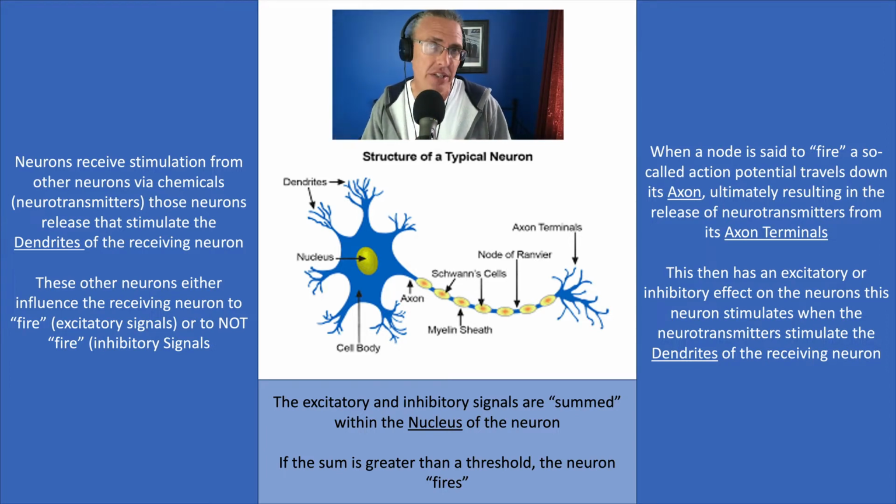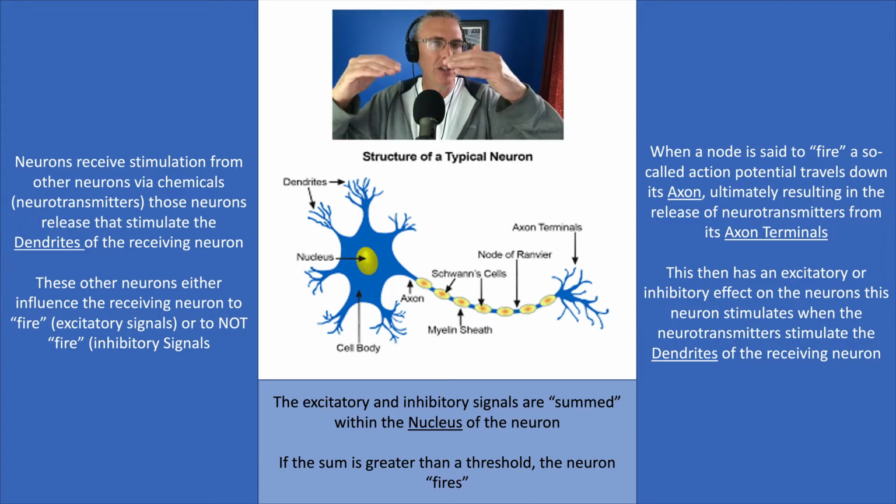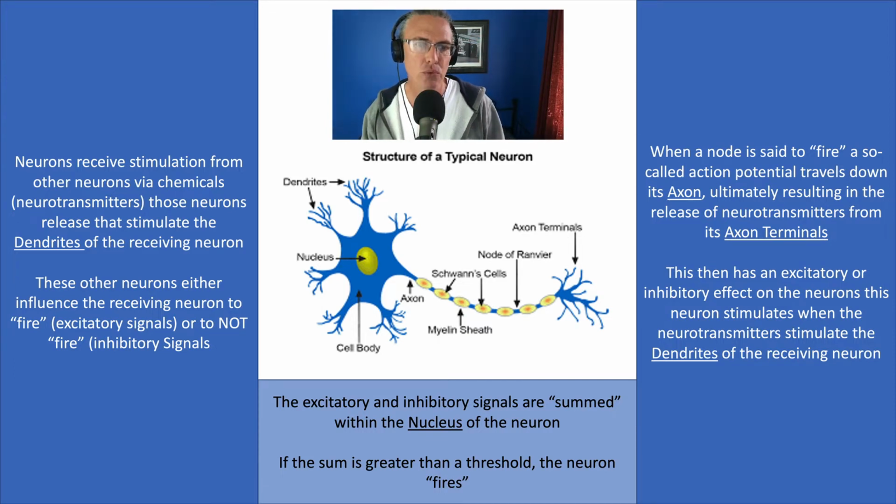And if there's enough telling me to fire, if the amount telling me to fire is enough bigger than the amount telling me not to, and by enough, we mean there's a threshold, a certain amount of charge, then I'm going to fire. So really the nucleus is making a very basic mathematical decision. It's adding together these excitatory and inhibitory signals and then comparing that to a threshold. And if it's excitatory enough, then it will fire. What does fire mean? Well, it means it's going to start a reaction,